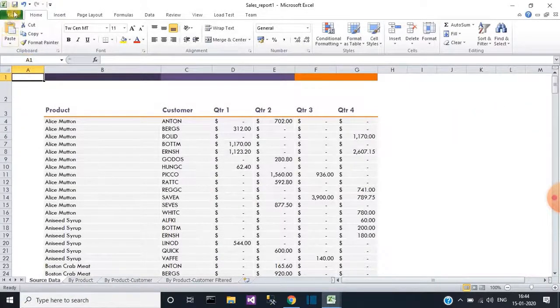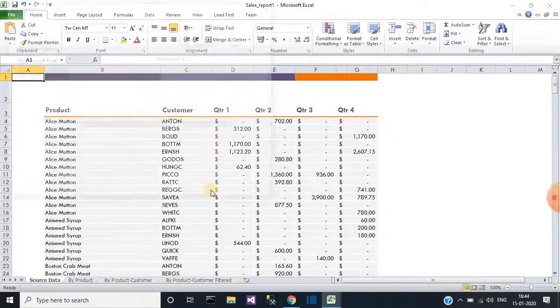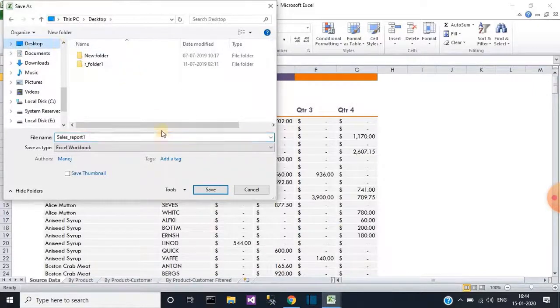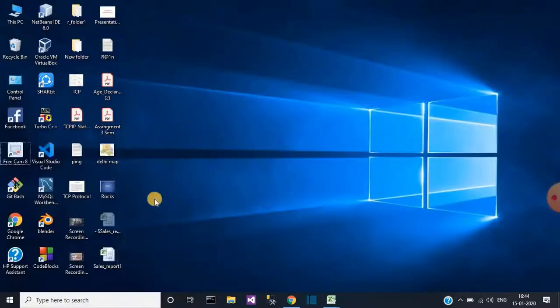Control S lets you save your work, but Save As saves in a different location. Save As asks for the location, but Control S lets you save only your work.